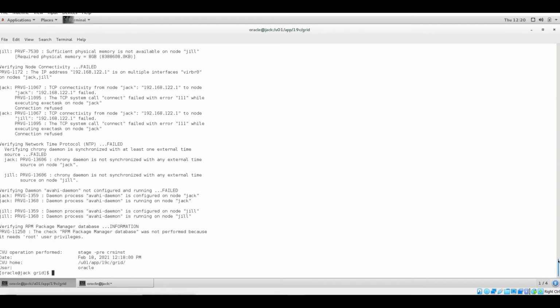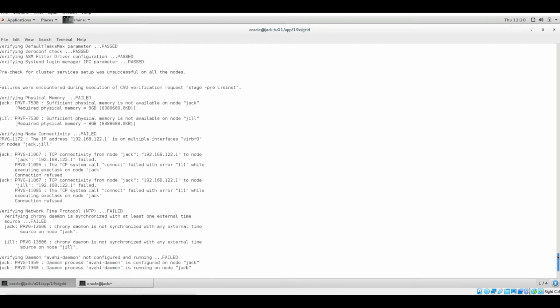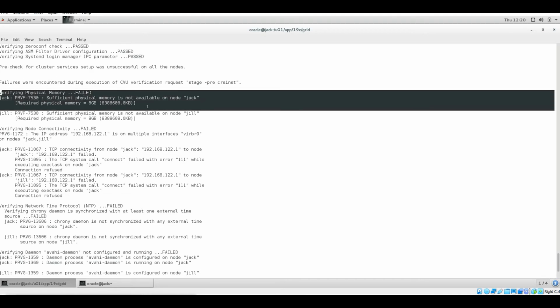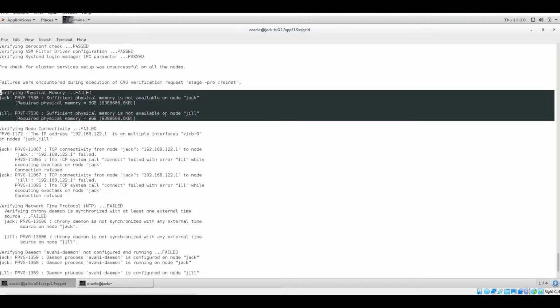So my cluster verification utility has completed, and you can see from here, as I told, some prerequisite checks will be failing. The first one is the physical memory RAM, which should be failing because we gave 6 GB of RAM for each node, but the required memory is 8 GB. I hope it is sufficient for us to proceed. Although there might be some problems, still I think we can go ahead.